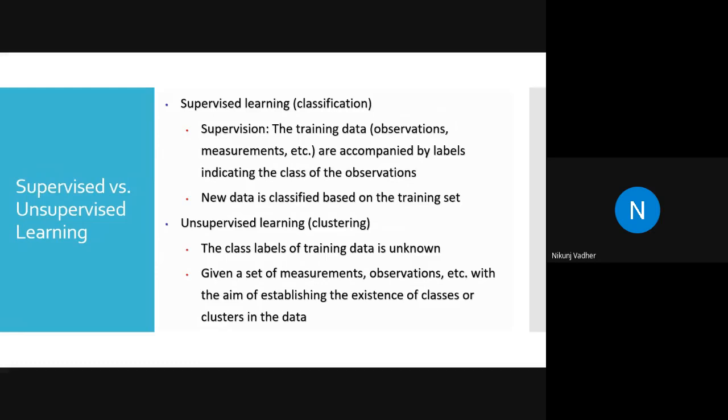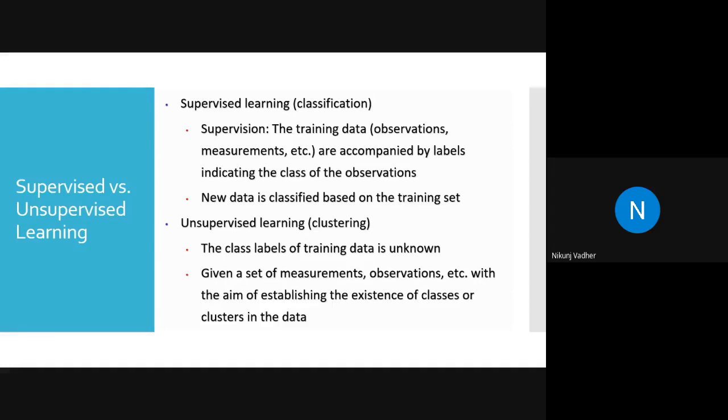Now let's try to understand what is supervised learning and what is unsupervised learning. This is something like a movie: they will show us the initial 5 to 10 minutes of the movie, and then they will give us all the details. So now let's understand what supervised learning and unsupervised learning are.